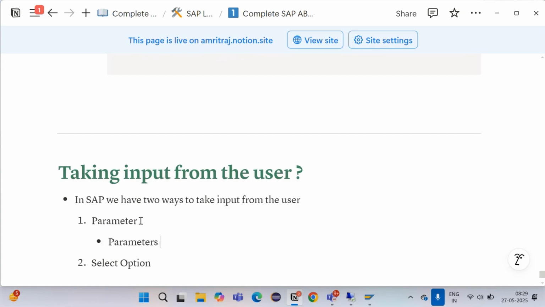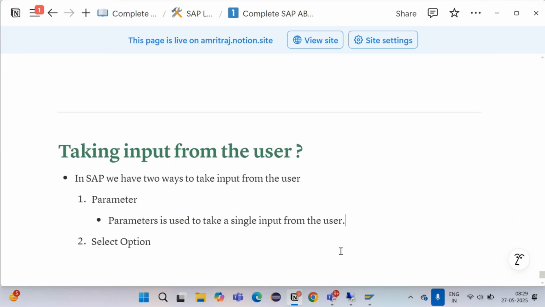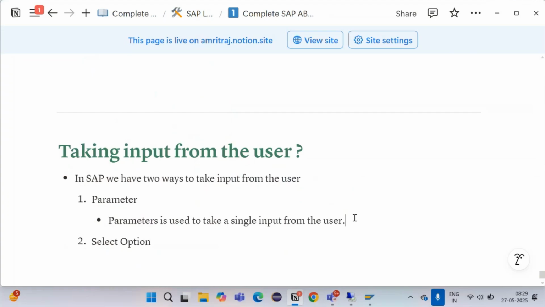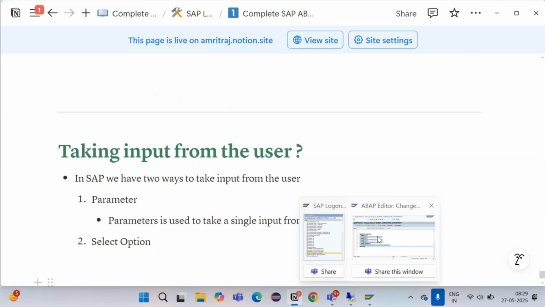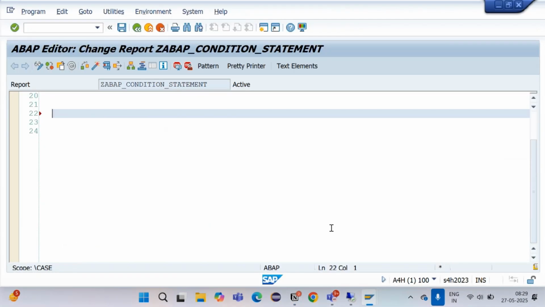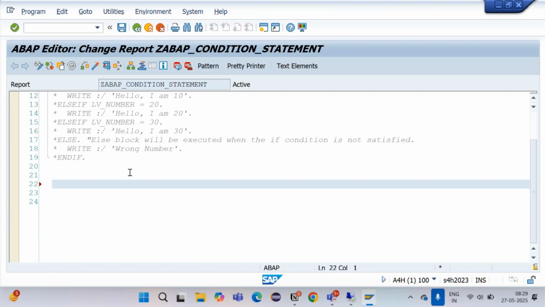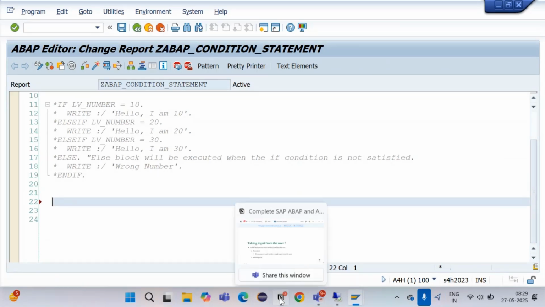Parameter is used to take a single input from the user. Select option, we will discuss it later on. So here you can create parameters. If I go to my ABAP section here, we can directly create parameters. But parameter name,